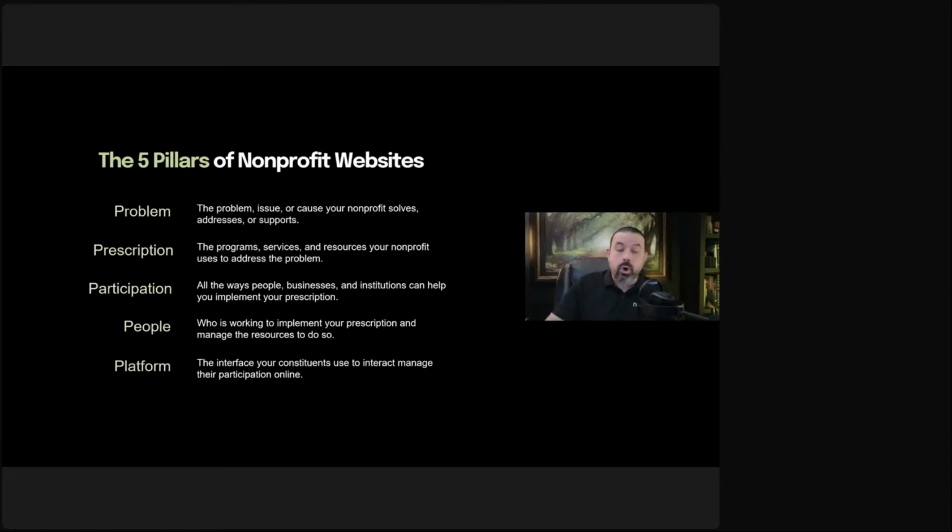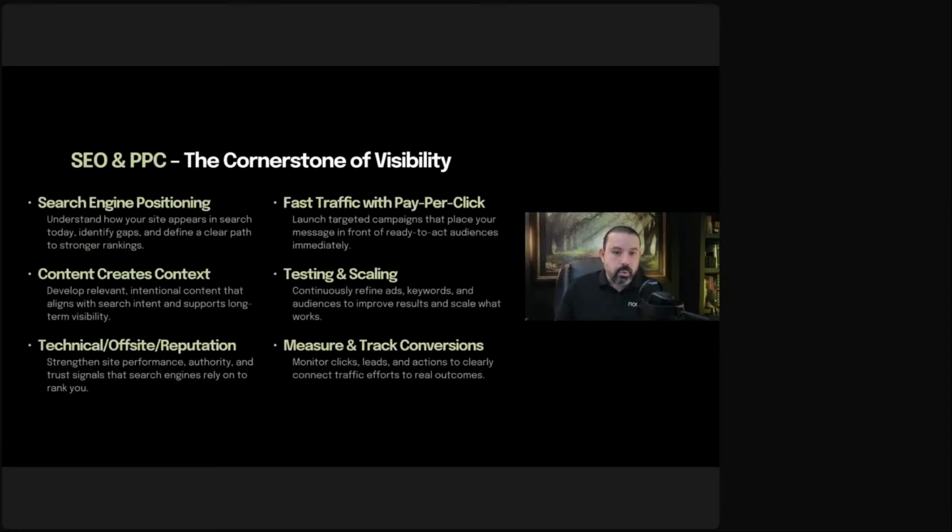Your website should almost completely focus on new visitors and should only have a small section for the returning visitors, because church people normally don't go back to their own church's website except to get directions to the event or something, okay, or to give. So these are the pillars of your nonprofit website.